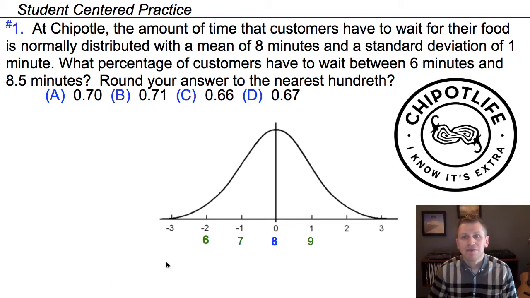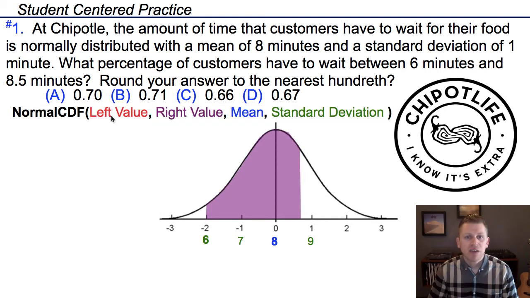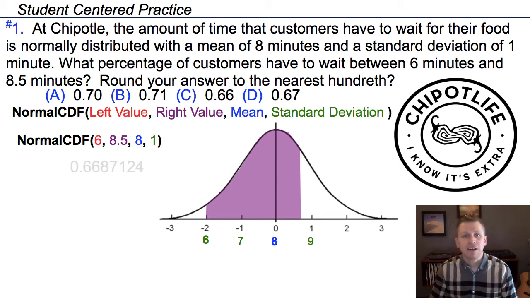I want to find the average wait time between 6 and 8.5. So I'm going to shade here. Now I can bring up my formula. My left value is the lowermost value I want to find, which in this case is 6. The right value or upper value is going to be 8.5. My mean, we already said, was 8 with a standard deviation of 1. Plugging this into the calculator, I get